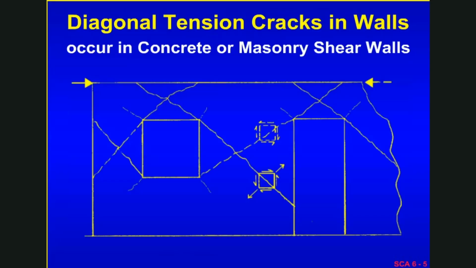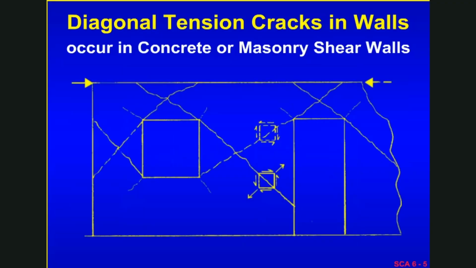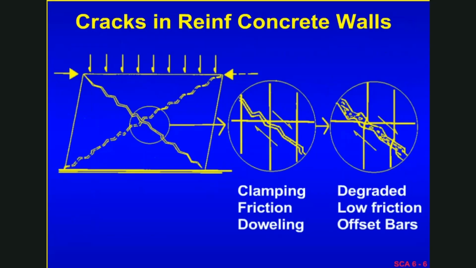Here is what the crack patterns will look like in a shear wall. The classic X cracking normally occurs between the openings. Sometimes it'll occur over the openings where the stresses are very high due to earthquake loading, also due to blast loading, although in blast loading the cracks may only be in one direction because the blast force may be only in one direction. So once we see these cracks, we can make a judgment as to the capacity that's left